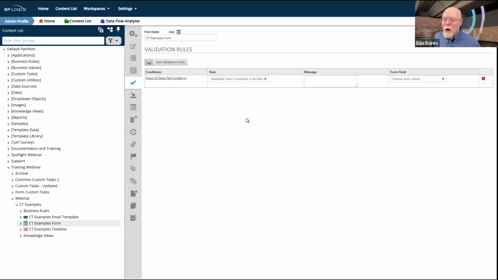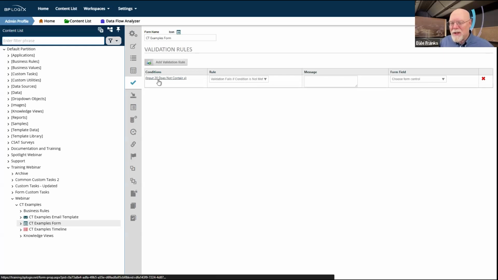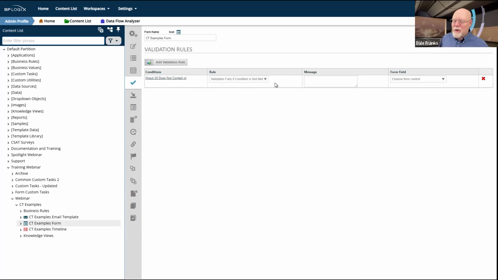So if I don't have an X, input 20 does not contain X. I probably shouldn't use does not contain. If there's no X in the field, I want the validation to fail if the condition is not met. Boy, I really shouldn't be creating conditions that do double negatives.